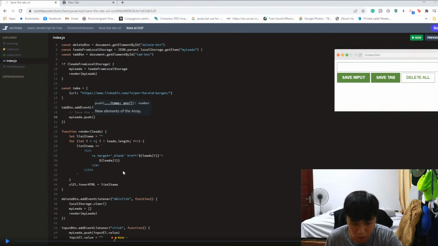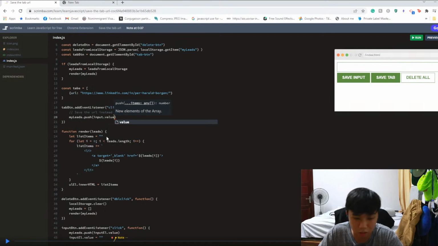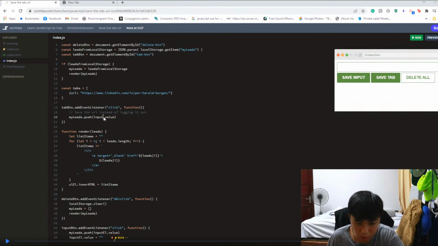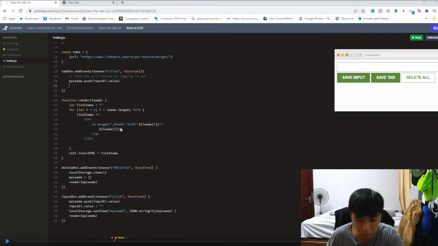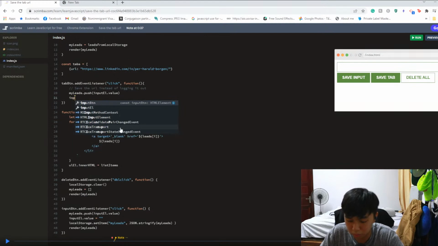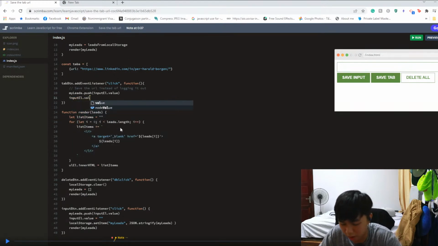Want to push it the input value, input dot value, and the input dot value is equal to,